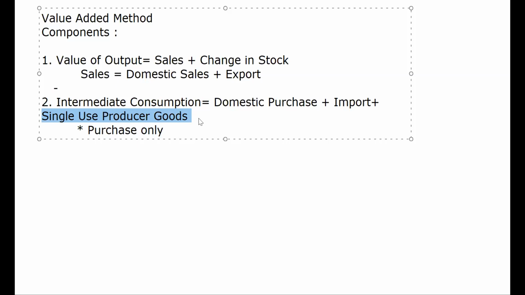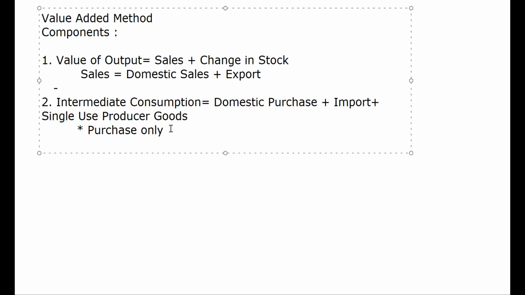I hope this is clear. Now all these would be equal to GVA, gross value added at market price, MP, which would be equal to GDP at MP.